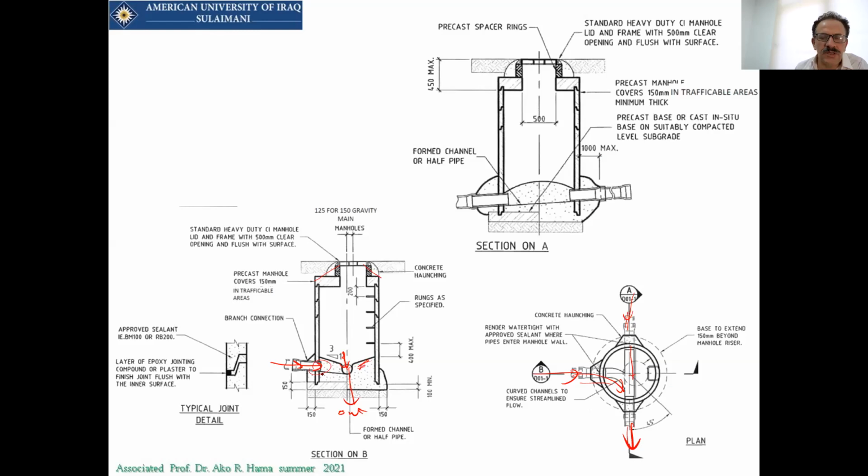Sometimes we use concrete in the bottom of these manholes to look like this, to prevent the sewage from flowing back to the previous manhole. You have to be careful: the bottom of the manhole should be in a way that you hatch this area so you have a slope like this, slope 1/3, and here 1/3, and you have to keep a distance of 40 centimeters from the rising or the material, that is the ladders and so on.